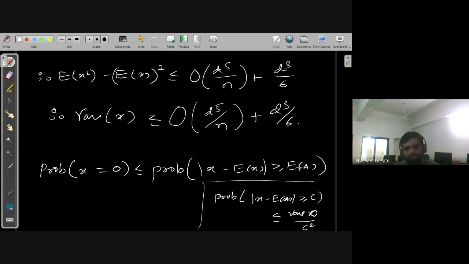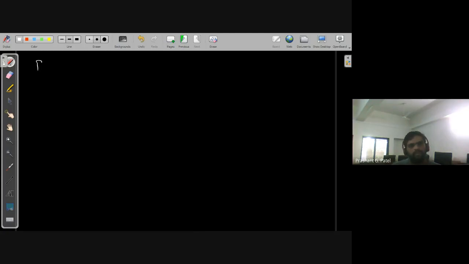Here, if you compare with this situation, then in place of c we have expectation of x. So therefore, by Chebyshev inequality,